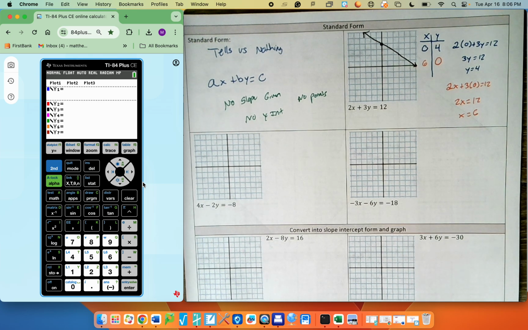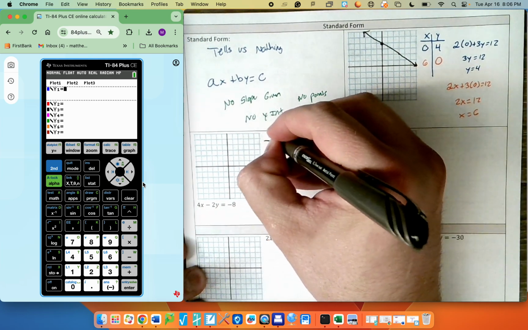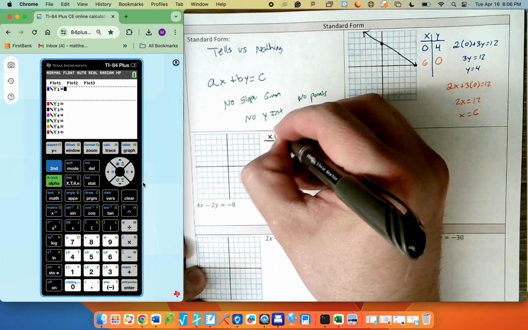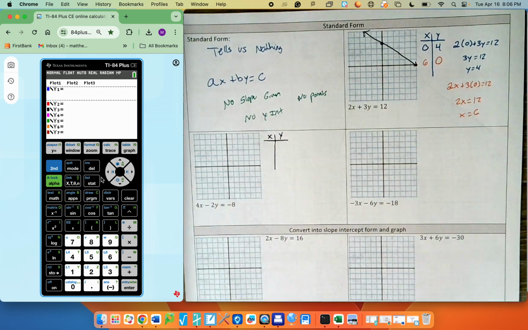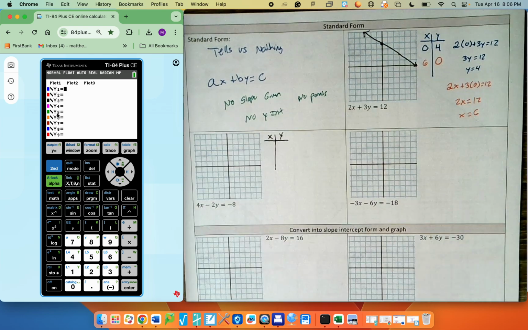Let's try it again with our tiny table technique, is what I've been calling it this year. But remember, building any function with a table. Heck, right here, second table. This is literally what the graphing calculator does to graph any one of our equations. The problem is the TI-84s can't graph in standard form. That's why they're all written in y equals format. Well, either way,